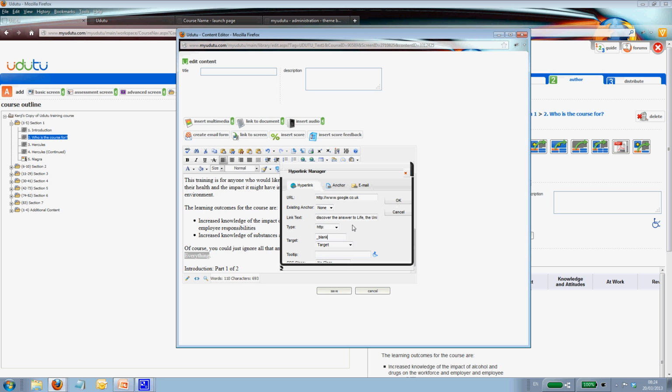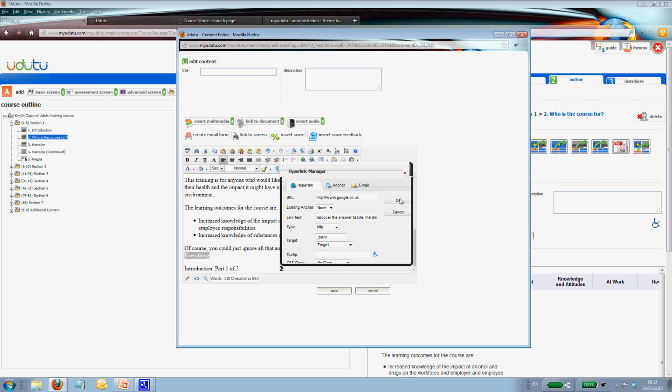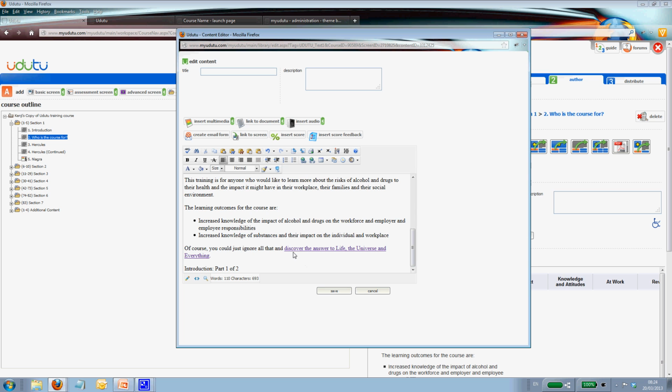Just to let you know, another option here is if you click on email, you can put an email address in if you want to link to someone's email. But ours is the hyperlink, so I'll just say OK. Discover the answer to life, the universe, and everything. It's become underlined again. If I click on save,